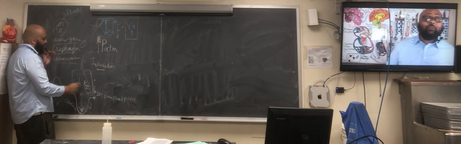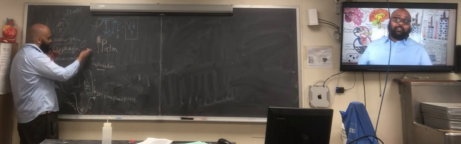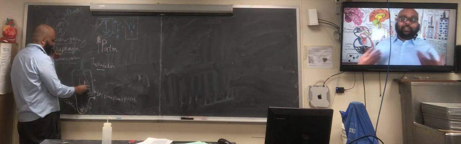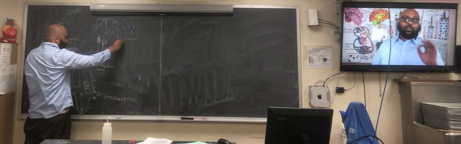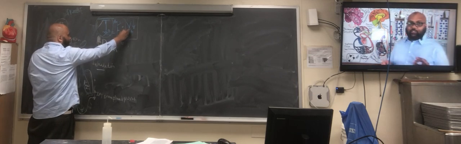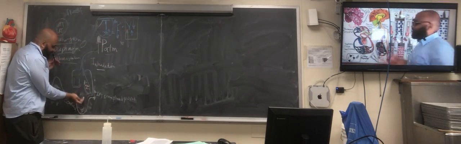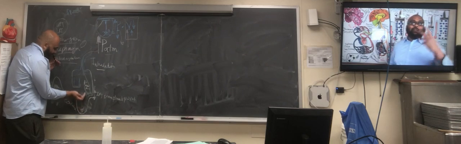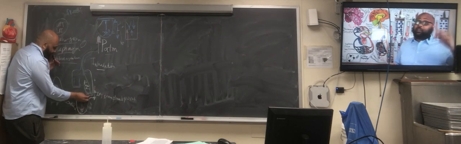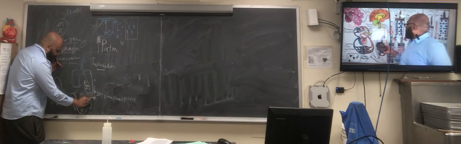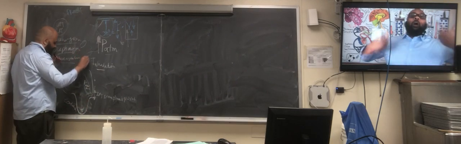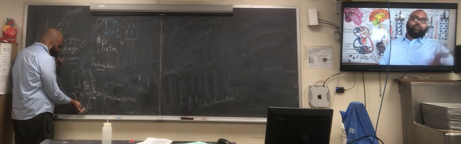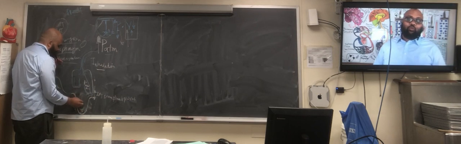So if I want to inhale, that means I want air to go into my lungs. So if I want air to go into my lungs, that means I have to make the pressure here low. And if I want to make the pressure low, that means I have to make the volume high. So I have to make the chamber of my respiratory system wide and increase the volume. How do I increase the volume? By contracting the diaphragm, by sending electrical action potentials into the diaphragm, bringing the diaphragm down, increasing the volume, and